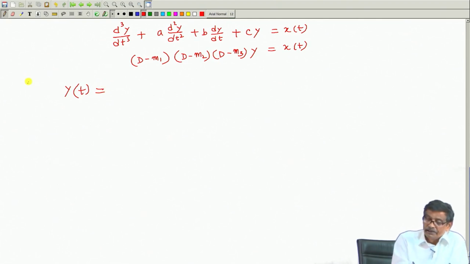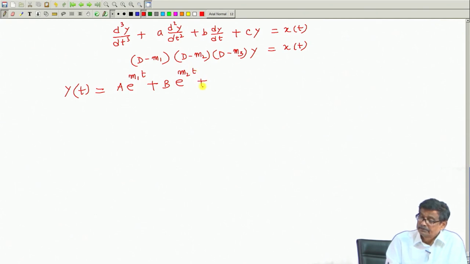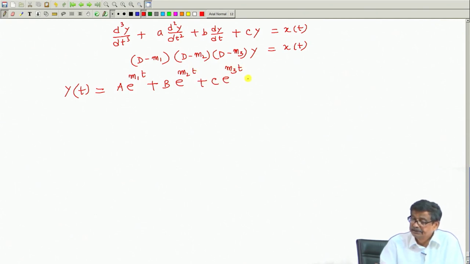If roots are distinct, you will simply write the natural solution as a into e to the power m 1 t plus b into e to the power m 2 t plus c into e to the power m 3 t,